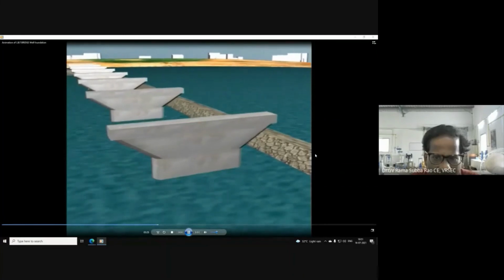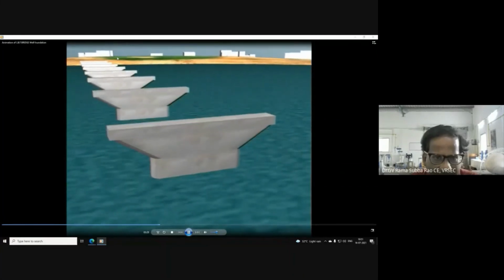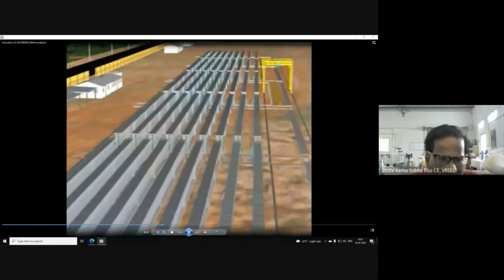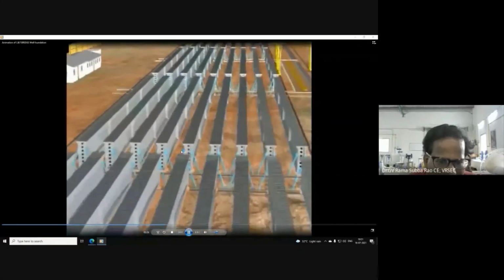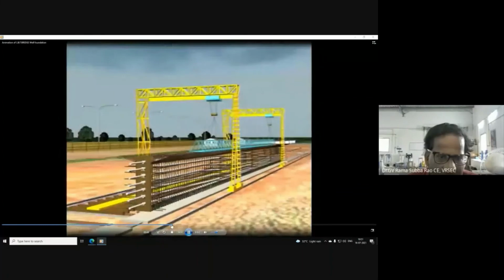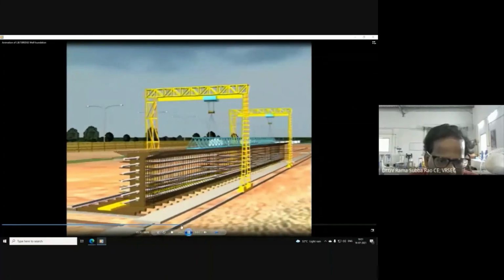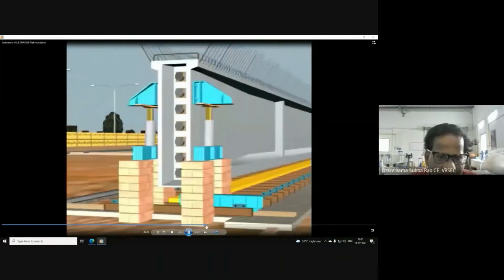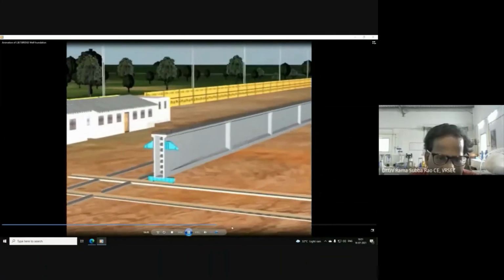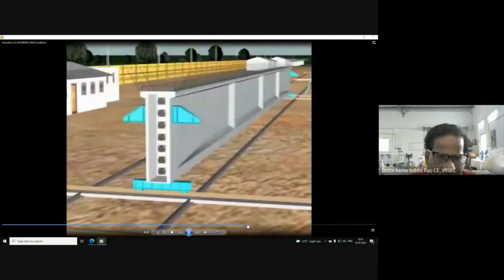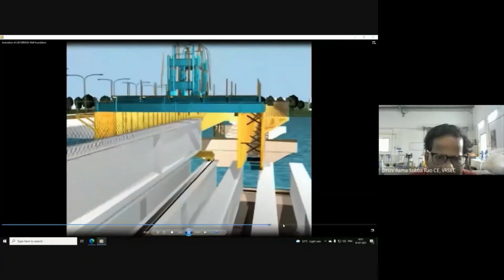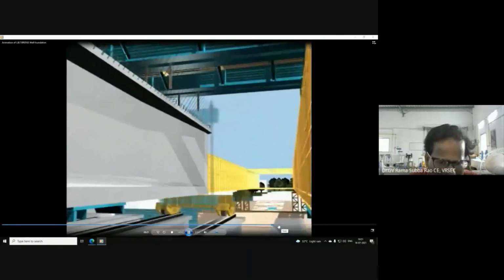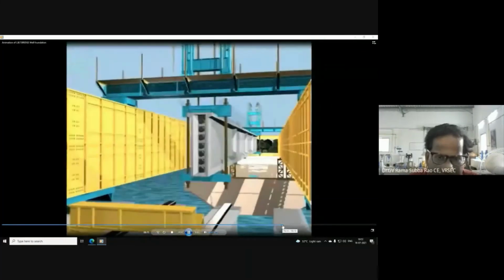Now we will remove this temporary coffer dam. This is the PSC girders. This is the casting, and how they are lifting. So they are doing post tensioning. Now the girders are moving and they are going to be erected. Now they are using a gantry crane. See how